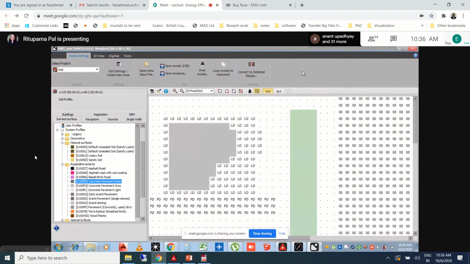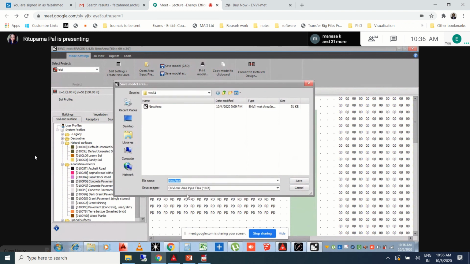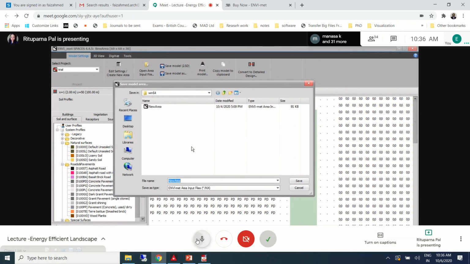Yeah. So now, in this particular page, under model settings, you find that you have two options: save model 2.5D and save model as. Can you see these two options? Yes, ma'am. Okay, so you have to click on the save model as option, and you will find that this particular interface is being opened, right?